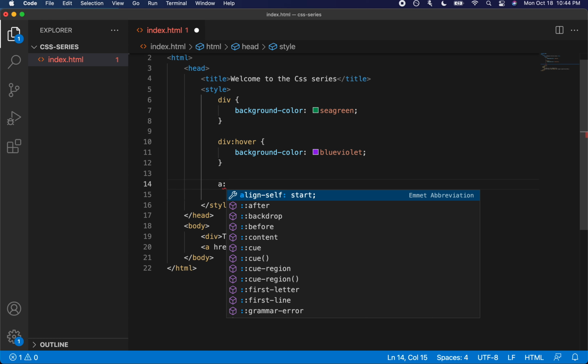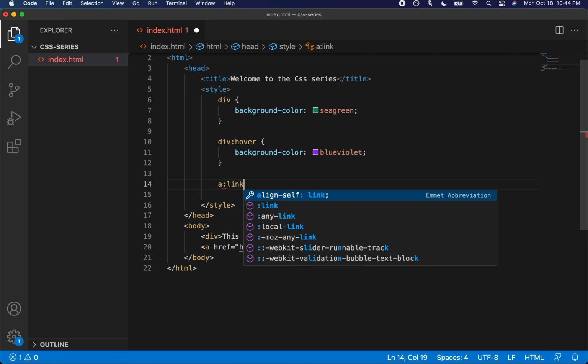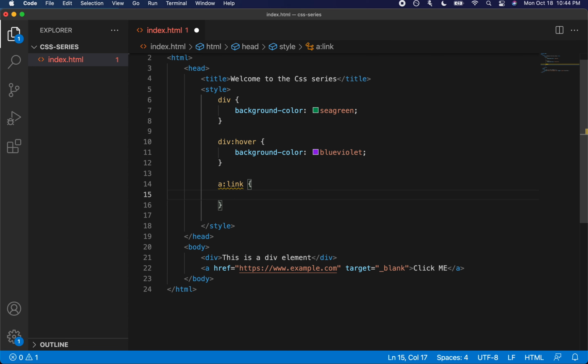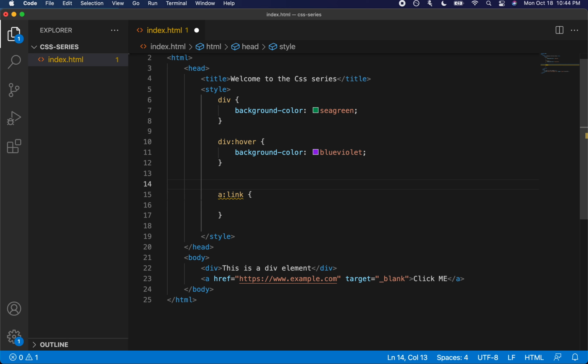When I say state, let me add the first pseudo class, which is link, and also write some comments over each of these pseudo classes to explain what they do. So the link pseudo class, this style gets applied when the URL is not visited before.